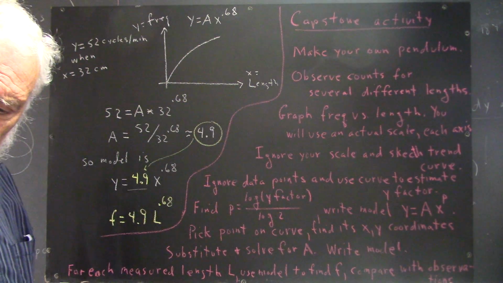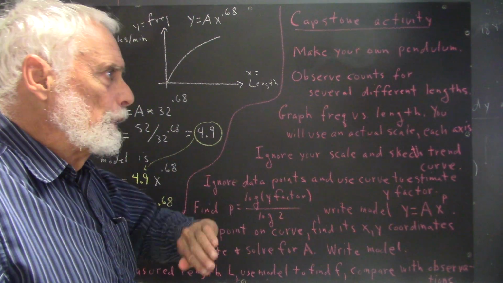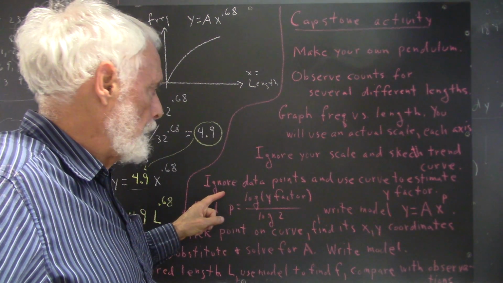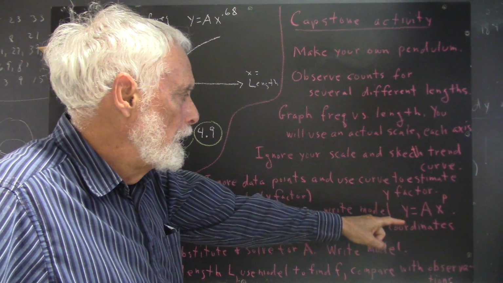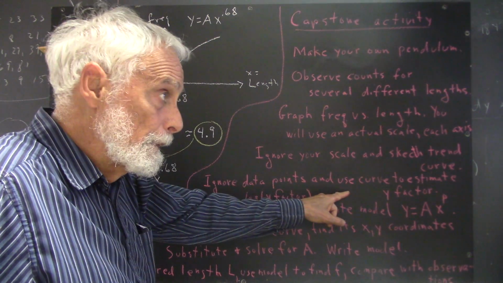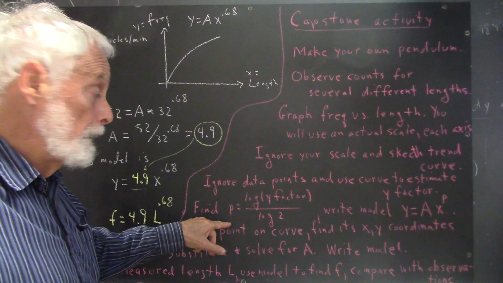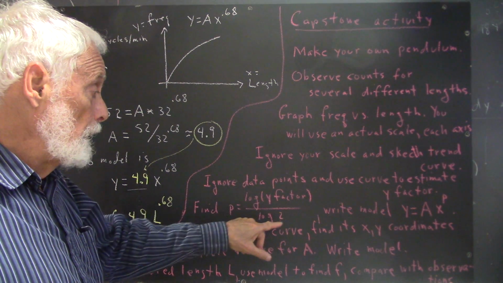You don't wiggle around to get your data points. You don't wiggle around to get your curve. You try to get your data points to fit the curve. So we ignore the data points, and we use the curve to estimate the y factor. And we know what that means by now. Then we find the power p for our model, and that's just the log of the y factor over the